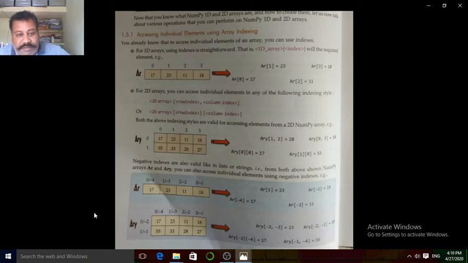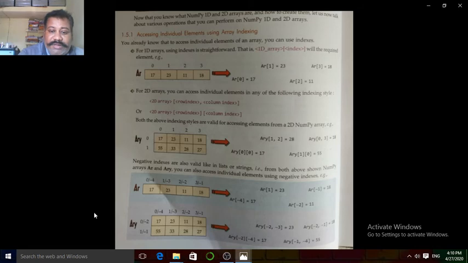For example, let us suppose there is an array having elements 17, 23, 11 and 18. So you can check here with the help of forward indexing at the location AR0, that is 17, but alternatively we can also see that at the location AR minus 4, that is equal to 17 also. Means we can read the element of an array with the help of forward and backward indexing.